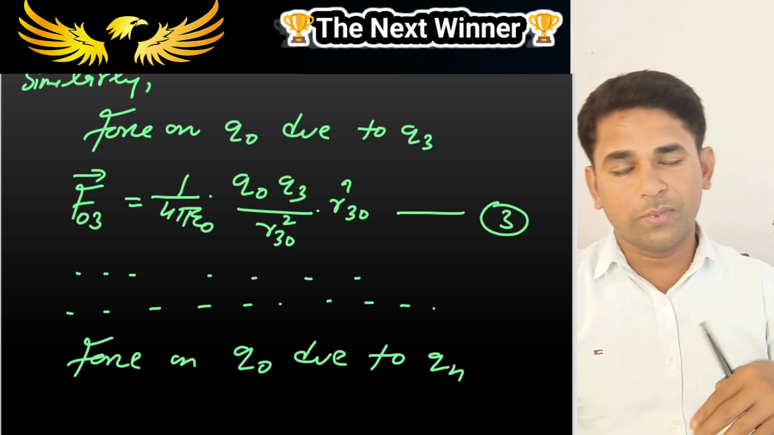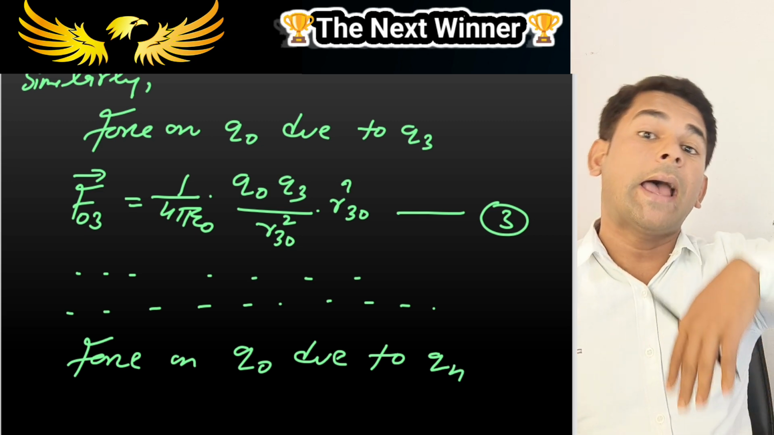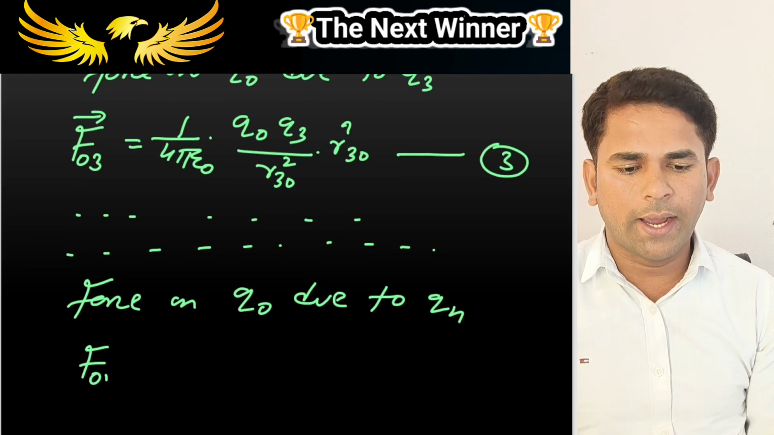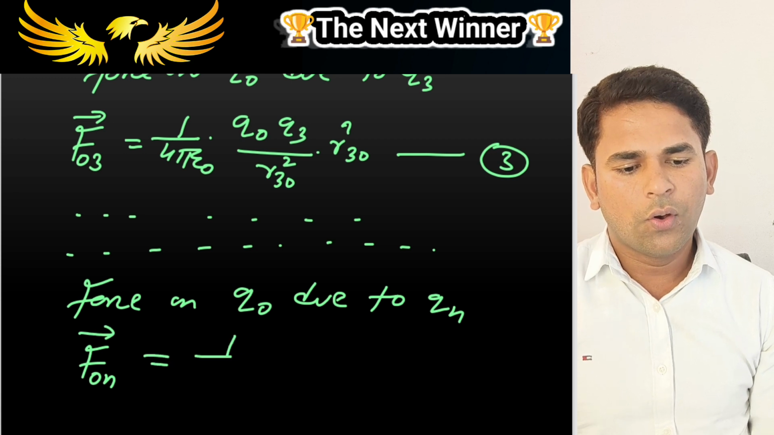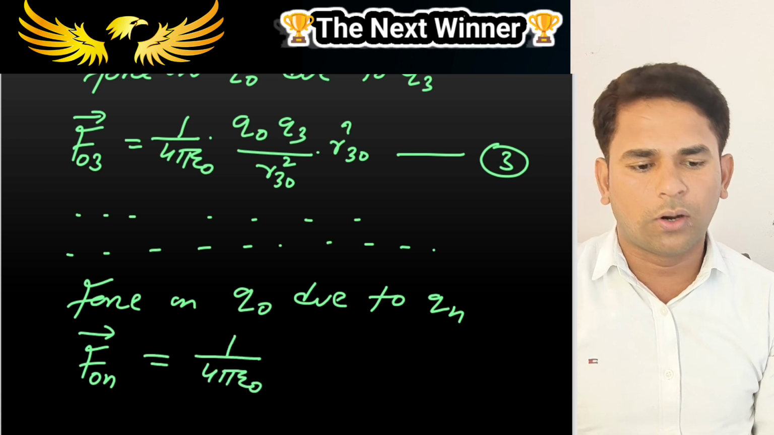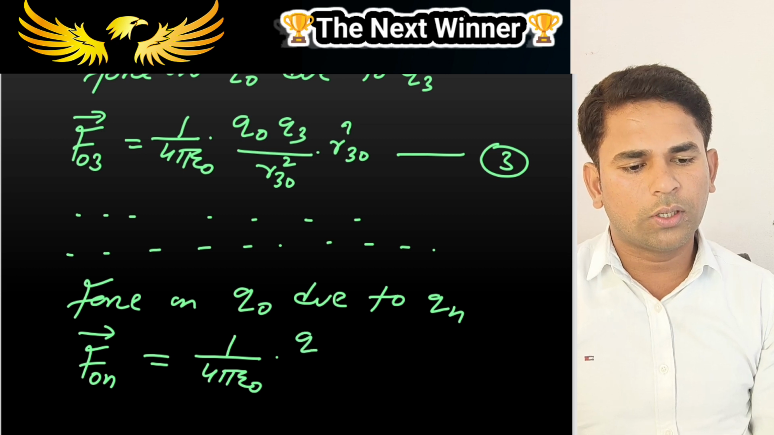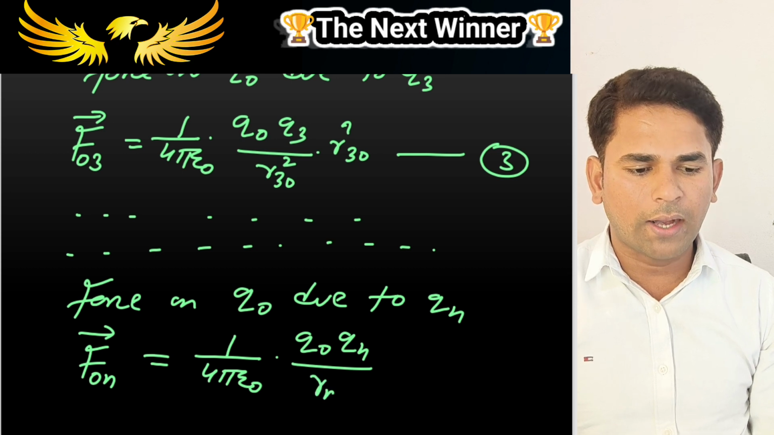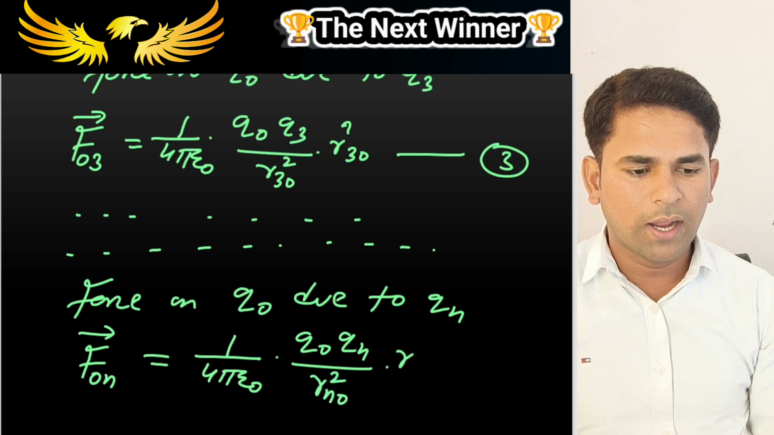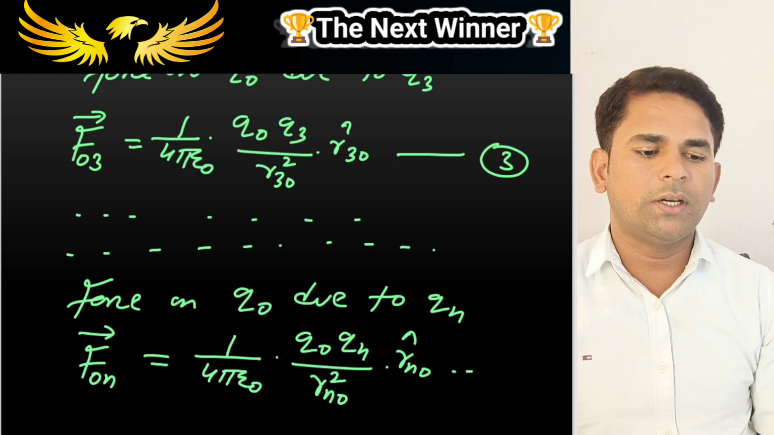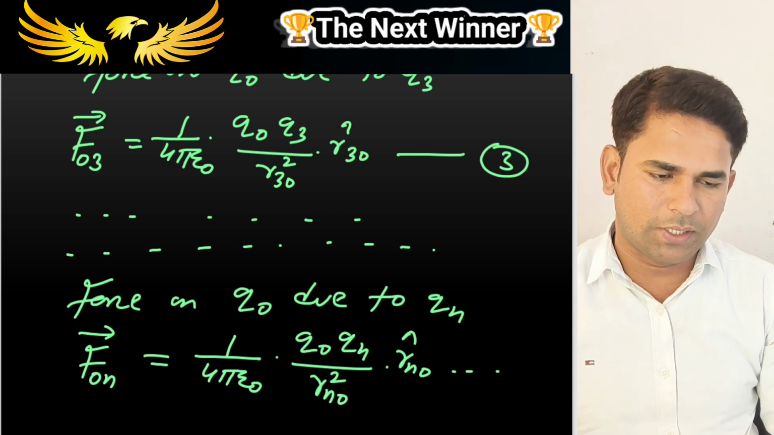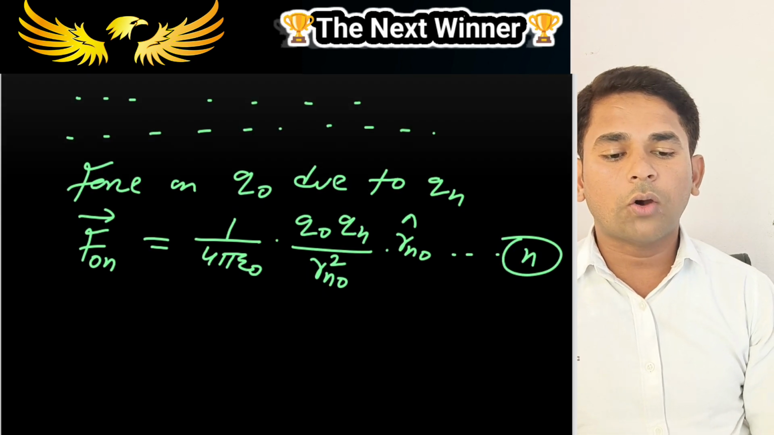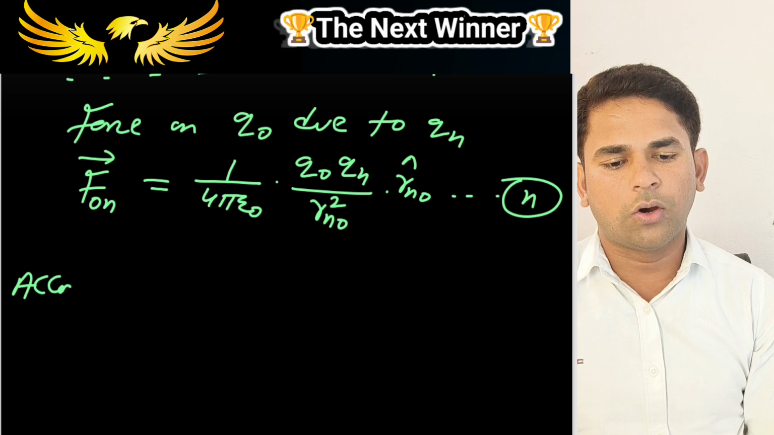Here qn means the last charge point, you can consider n charge points. So here you can write vector F naught n equals 1 upon 4 pi epsilon naught into q naught qn, divided by r n naught square into r n naught cap. We can take these as the last equation; we got n equations. So according to superposition principle,